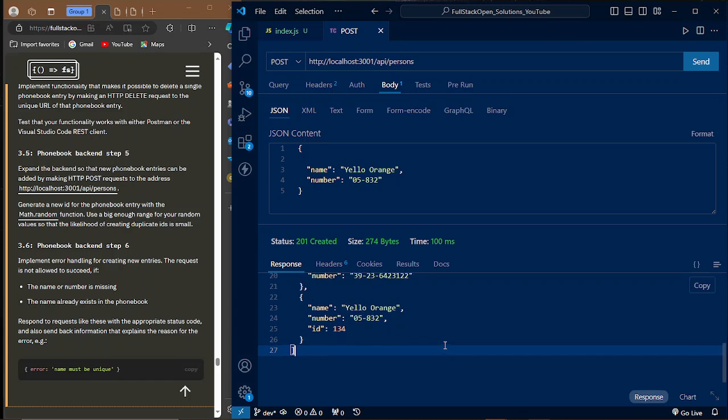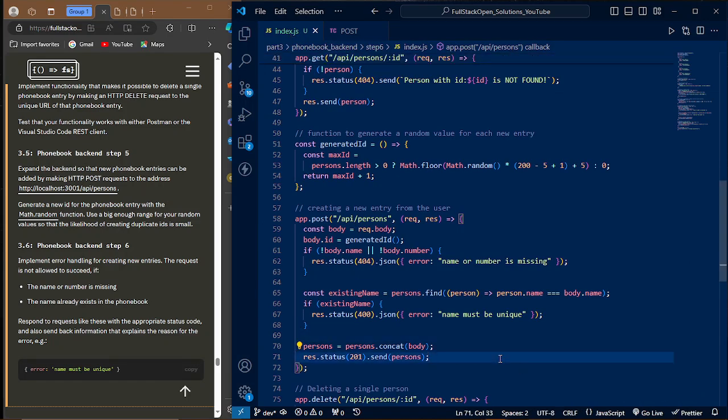Okay, so this is still giving us, this is still working. Let's go back to our code. Let's be sure of what is happening here. Persons.find, person.name equals body.name. So if existingName, res.status 400.json error. Let's save this again